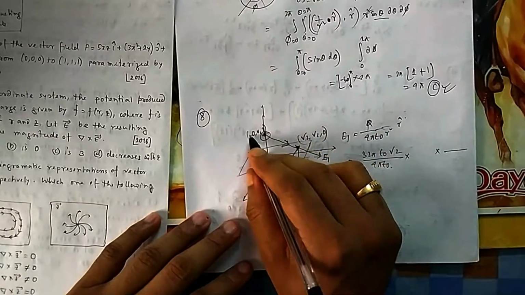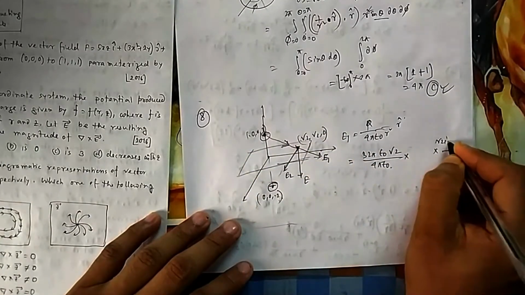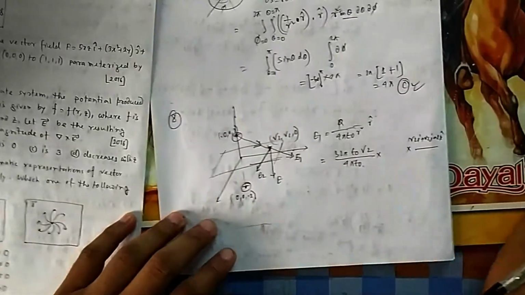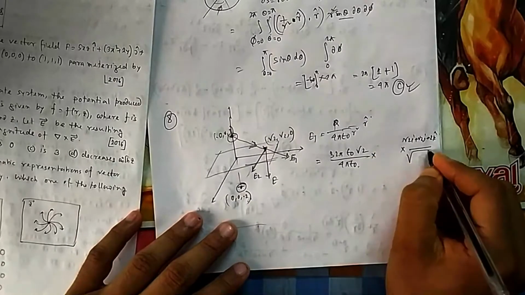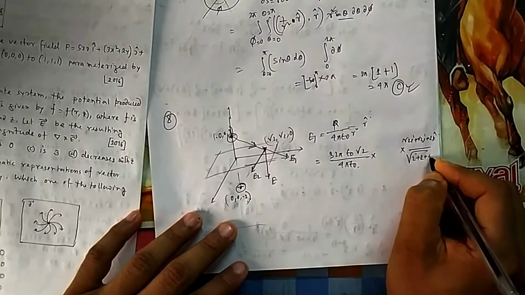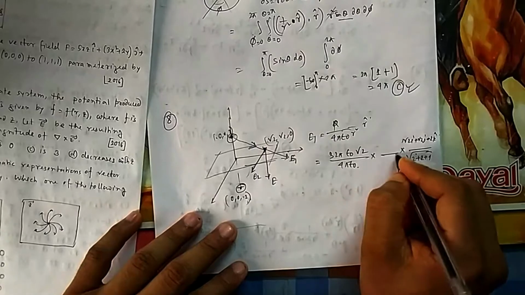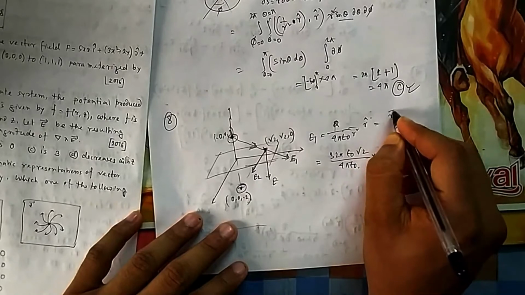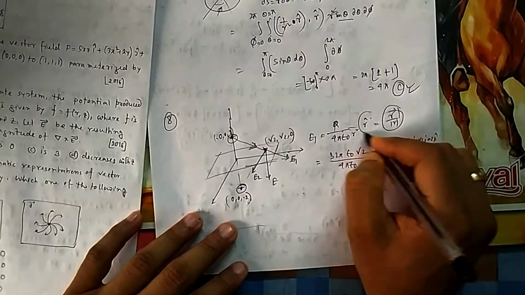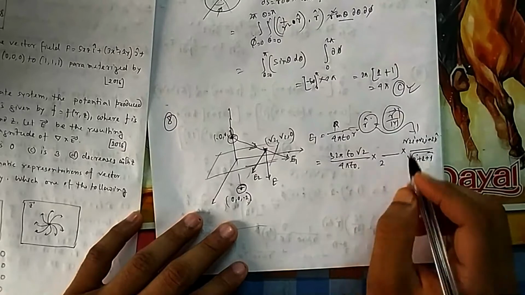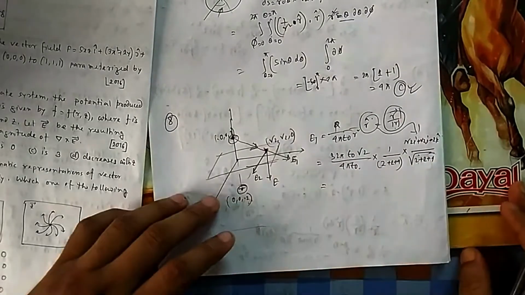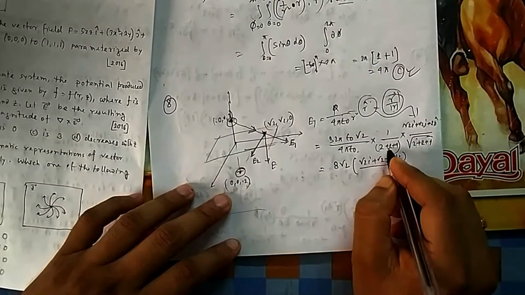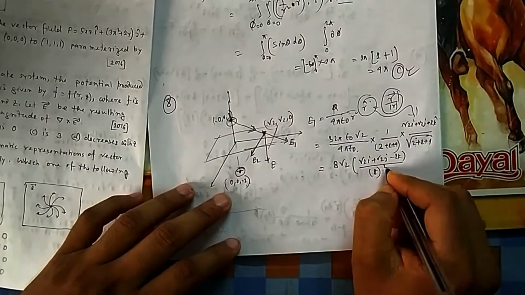How do you write the vector? x1 minus x2 i, this one. So it is root 2 i, root 2 j, then minus 2 k. But these are all vectors, so you have to divide by the magnitude, 2 plus 2 plus 4. So this is its magnitude, and then this magnitude whole square, because this is your r. What is r cap? R cap is the r vector divided by mod r. That's what I am doing. So mod r is this, so r square will be 2 plus 2 plus 4. If you do it, you will get 8 root 2, root 2 i, root 2 j, 2 2s are 4 plus 8, 8 to the power 3 by 2.